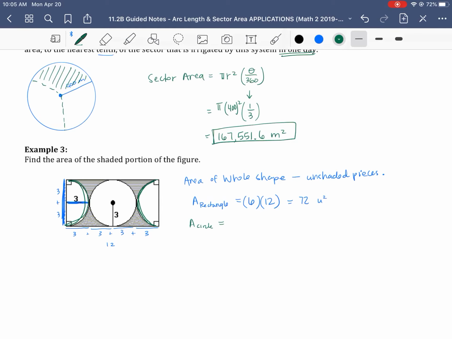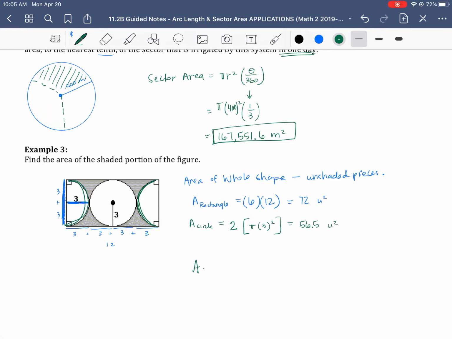So I'm going to take this and say, well, 2 of these, and then let's find the area of the circle. So we're going to say pi r squared. That's 3 squared. And then let's go ahead and approximate that. So we've got 2 times pi times 3 squared, and it looks like that's about 56.5